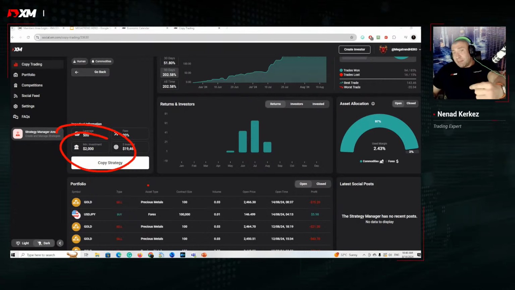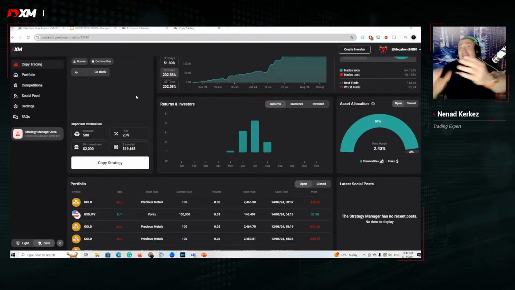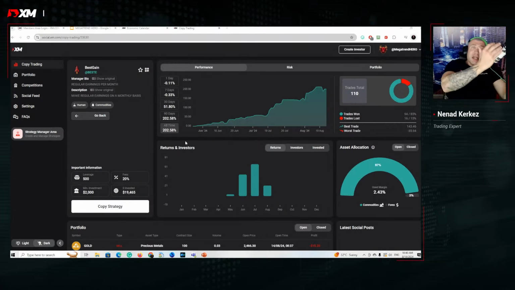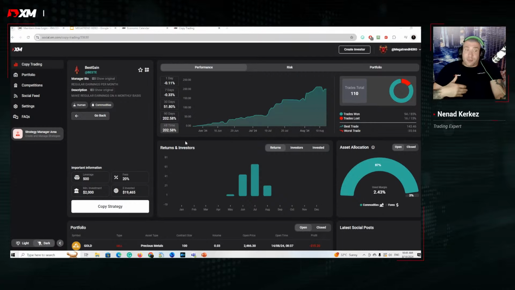Usually, for human-based strategies, the minimal investment needs to be higher than for robot-based strategies, because it's harder to control a martingale reverse approach with small money, guys. I know how hard it is for me. Let's say I make 1,000% profit and then my next month is almost close to zero. It means that I really need to invest myself into extremely strong and exceptional money management in order to recover